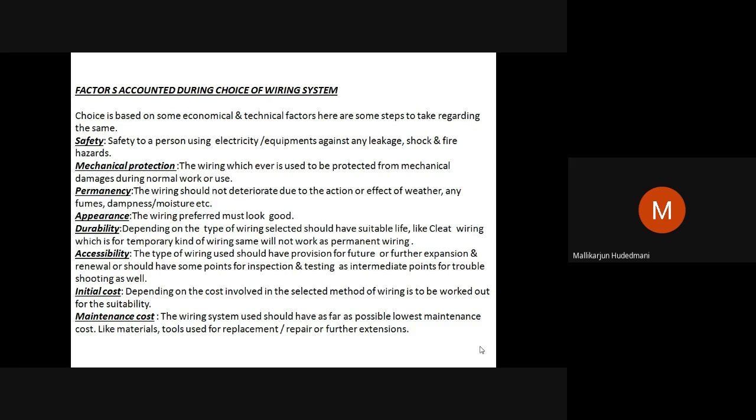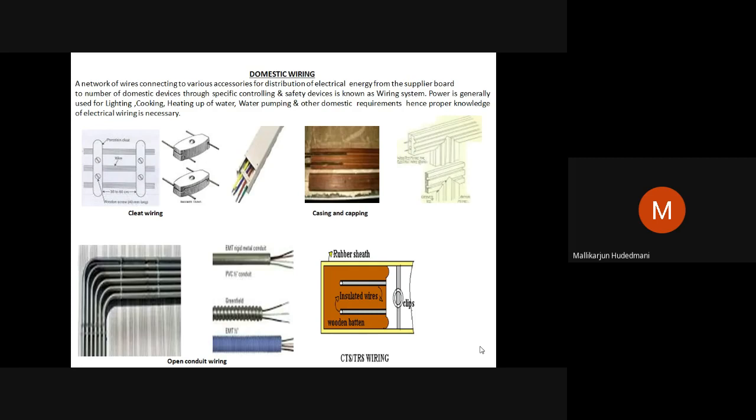I should plan all these factors, then think of my choice of wiring. Wiring may be cleat based wiring, conduit wiring, or rubber sheath wiring. There are so many wiring mechanisms available. It is just to make the cable protected with safety. You pass the conductor through tubes, into a duct, or into a wooden frame or wooden batten. These are the olden methods available.